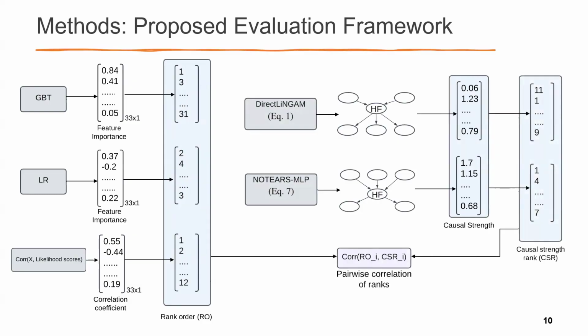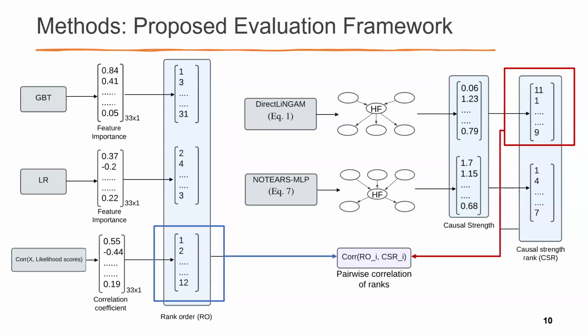And from here, we can take each rank order from correlation and feature importance with causal strength to calculate another pairwise correlations. I will show more details about how we calculate. First, we take the causal strength rank from NOTEARS MLP model and the feature correlation. We calculate the pairwise correlation for these two ranks, and also we can take causal strength rank from another DirectLiNGAM